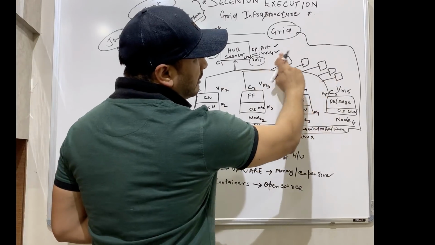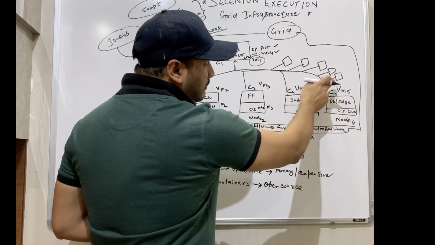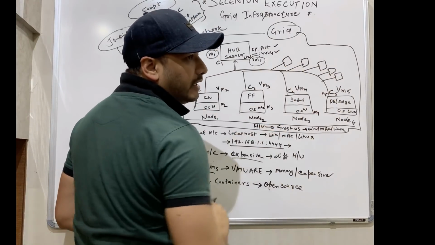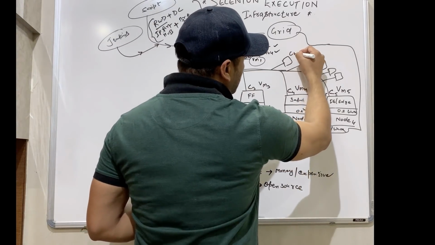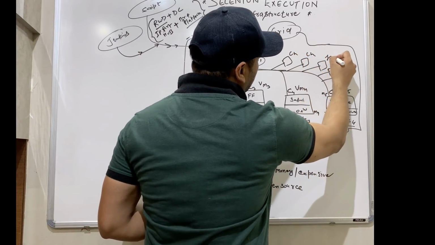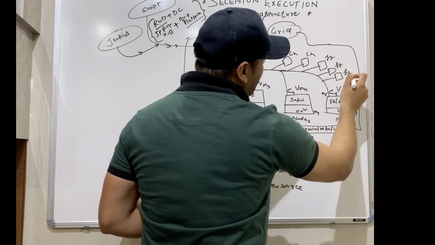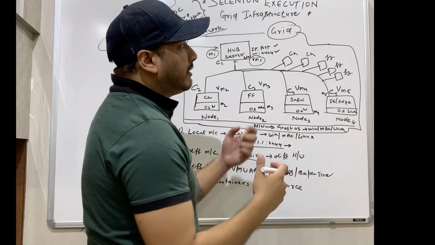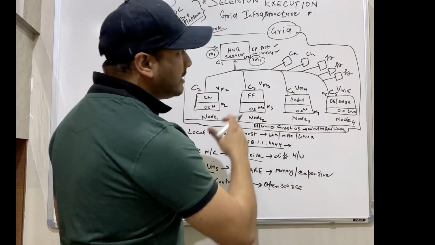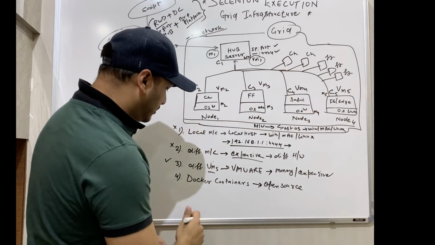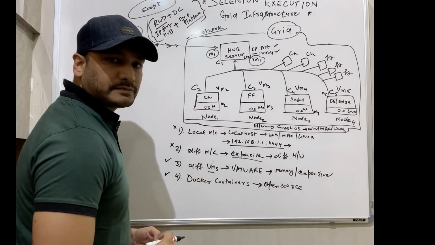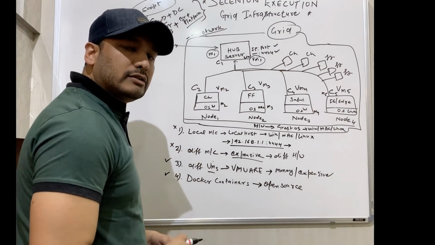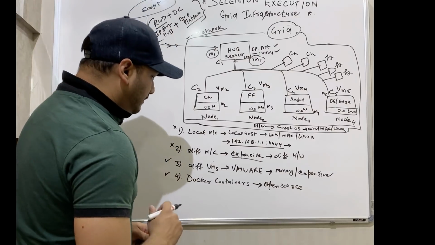So different containers with different browsers, you can take it. Let's see, these two containers are with Chrome and these are with Firefox. Obviously there are some limitations for Internet Explorer and for Safari browser. We don't have any container, but at least we can achieve with Chrome and Firefox. So it's a very good solution that we can do. You can use Docker containers also, right?